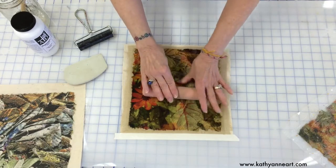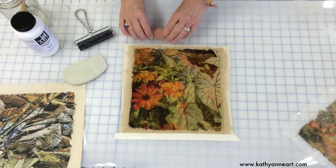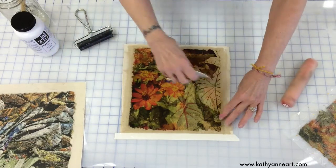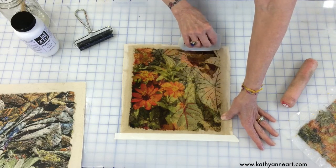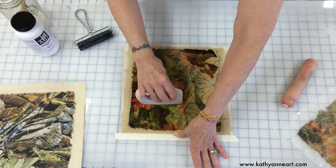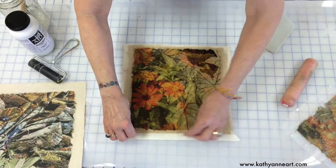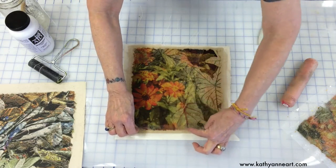And once I do that, then I get really serious about moving this into the fibers. So I'm just going to push, I'm going to hold on the outside edge so that this doesn't move, and I'm going to push this into the fibers with this wedge. That works really well. And my 3 minutes is up, so first I'm going to dislodge this right at the very